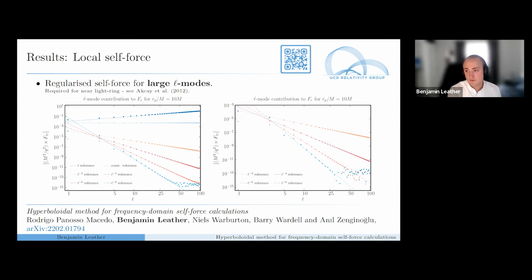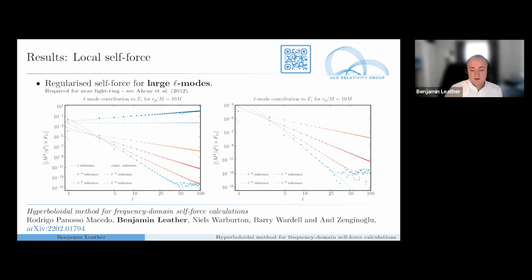So distributional source on the left and effective source on the right. Each line you see represents a subtraction of analytic regularization parameters designed to ensure the physical self-force is resolved from your divergent retarded field. This is the blue line up here initially. The key thing to note here is that one is typically only practically able to resolve to L is